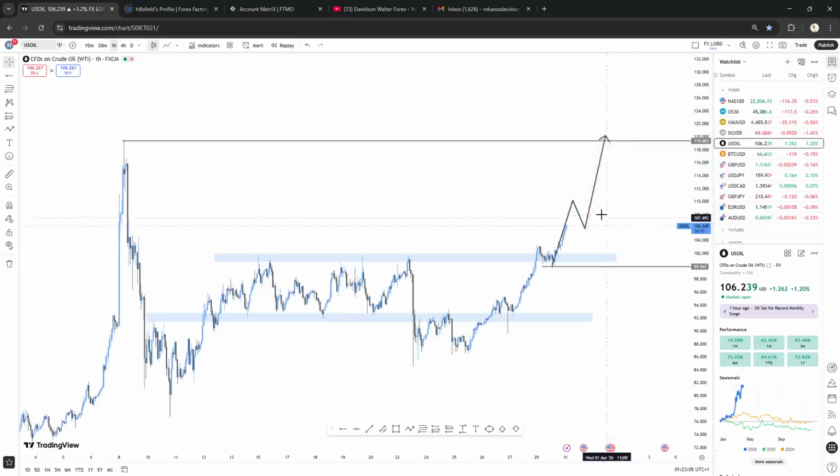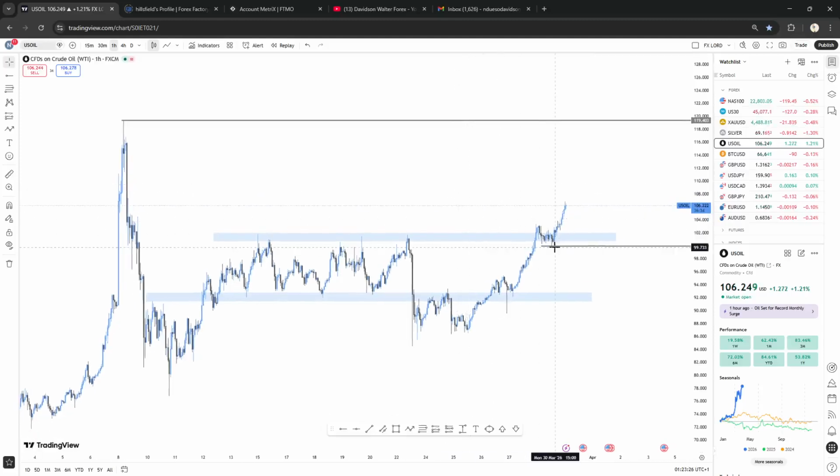At this point, it is already extended. You don't want to buy from the high. Remember, you want to buy from the low and sell high. So you either wait for a correction, then we enter, or not enter at all. So this is my outlook on US oil. It's either continue, then give me that pullback, then I find my entry. That's what I'm looking out for.